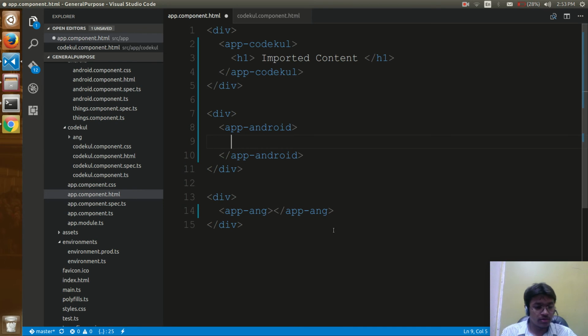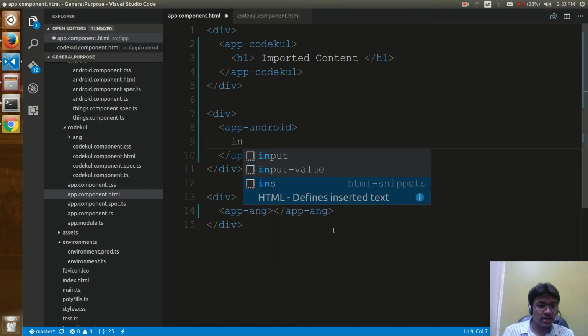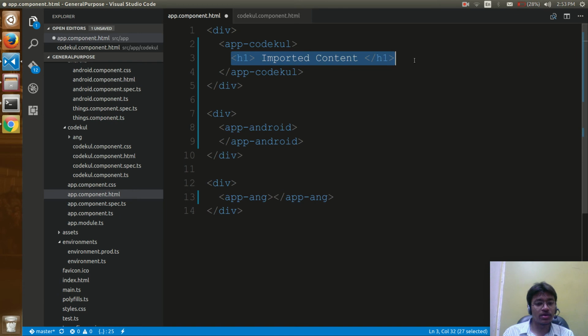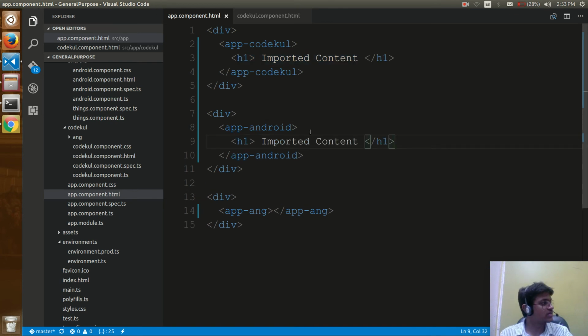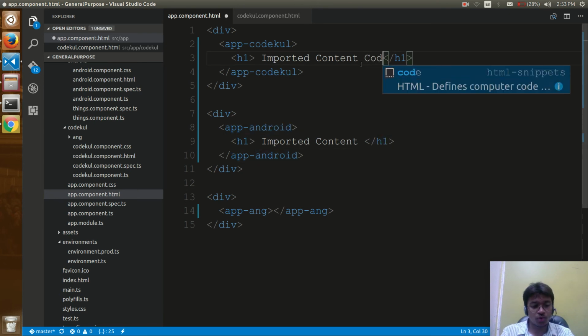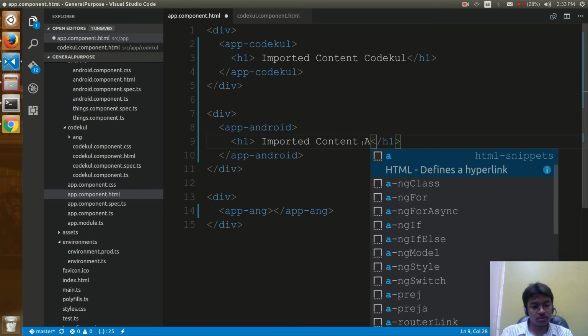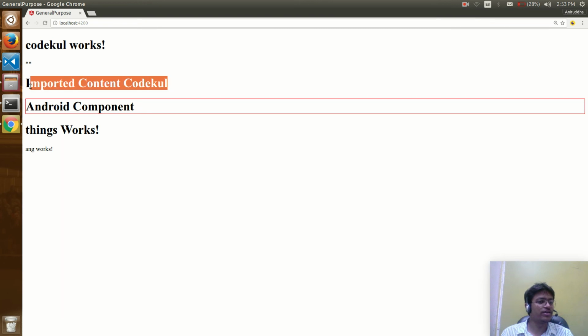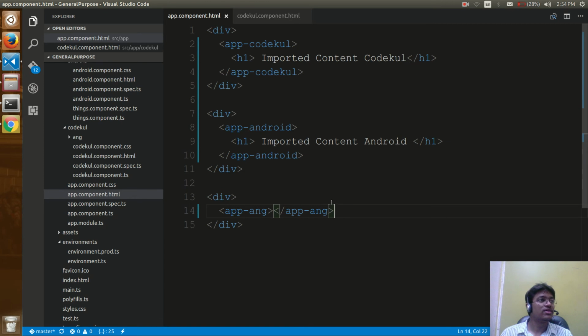So how does Angular decide? I want that h1 imported content. But the two components are different in that case. This is the code cool component and this is the Android component, right? Here I can say code cool, and here I can say Android. So you cannot see it in Android. Here you will see the content in code cool, because there is no one to accumulate this content